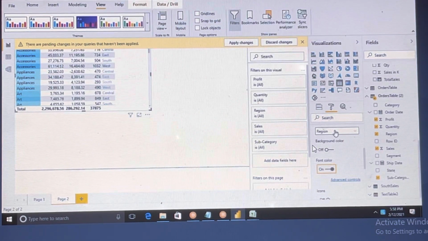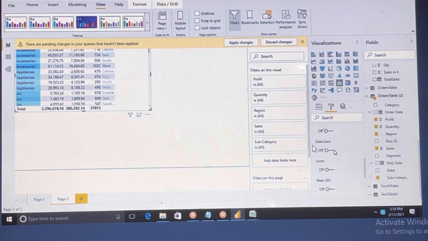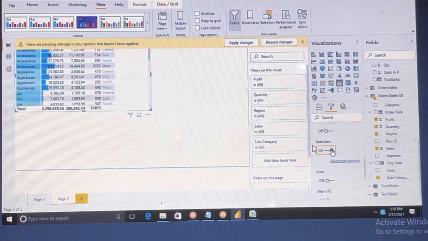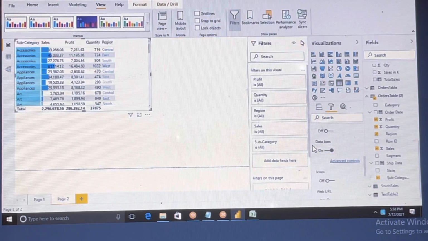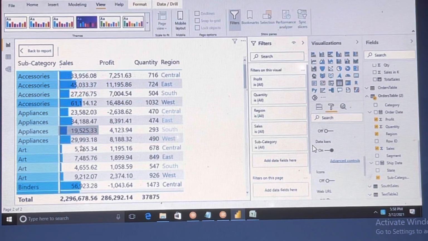But I will tell you that in terms of the sales, based on the condition you can change it. Let me use this sales now. What I can do is parse. I wanted to use parse. See, based on the sales data, you can see what the size is. If you go to focus mode, based on this bar itself, you can see what is the highest sales and what is the lowest sales.